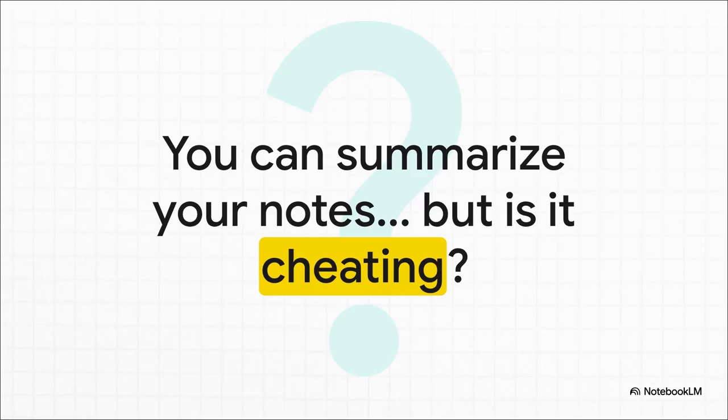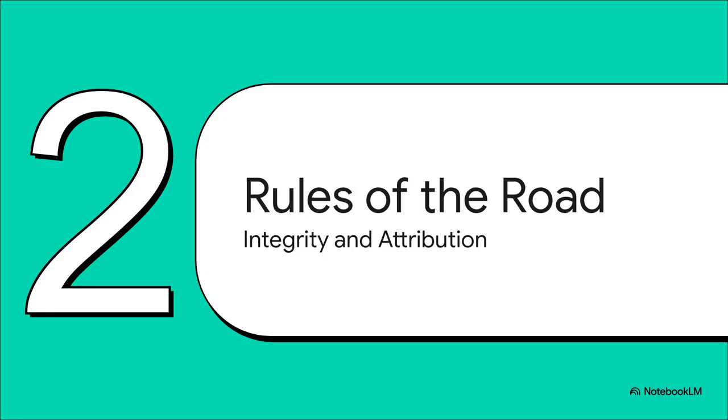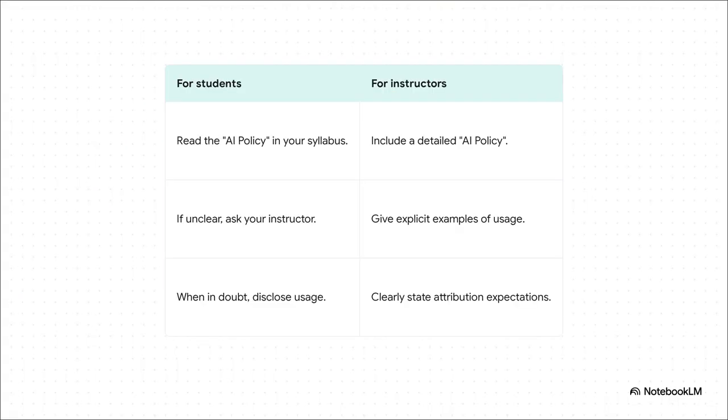Which of course brings us to the elephant in the room. The moment you start talking about AI doing academic work, that word comes up: cheating. It is probably the single biggest concern in education right now. So, to figure this out, we need some clear rules of the road. This next part is all about the foundation for using AI responsibly, academic integrity, and being transparent about how you're using it. So where do you find these rules?